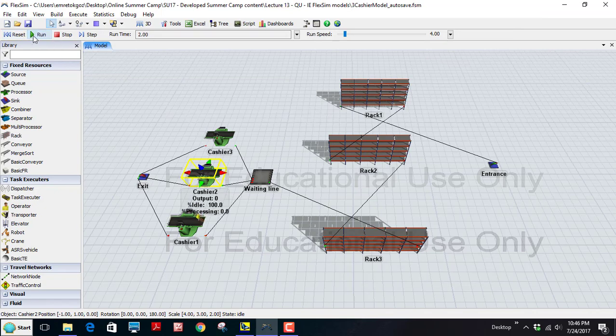Let's run this model. So as you can see, you don't see the customers shopping in this area, but they line up here. So let's increase the speed now. After a little while, after about 140 or 160 seconds right here, the waiting line gets really long. So this is a problem in a grocery store because customers may not want to wait in the line, and it's not really pleasant for the shopping marketplace. Therefore, we can modify this by adding another cashier, and this